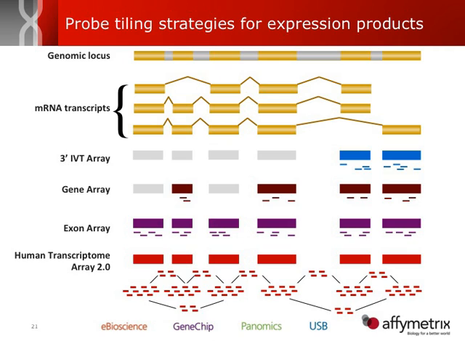So if we looked at the 3' IVT array, this is our older generation array. The probes here, which are denoted by these little hash lines under each of the colored bars, indicate the probes that we have on our array that interrogate this particular genomic locus. And you can see that on the 3' arrays, these probes are all situated at the 3' end of the gene. So if we had any sort of alternative splicing happening 5' to that, we potentially missed those